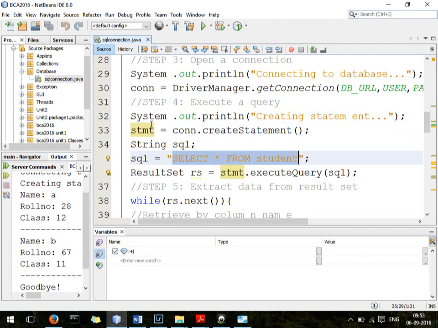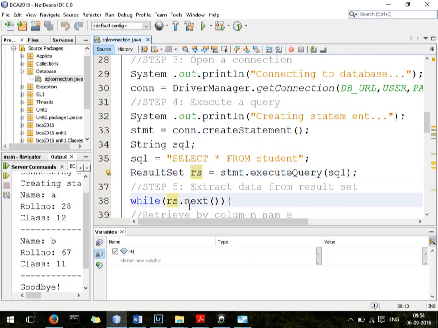Now how do you want to run it? Because this statement is already connected to my schema, I am saying statement.executeQuery, but which query? The SQL, that is select star from student. Fine. Now once you run a select query, it is going to return all the records that are there in the table. Now once you do that, it has to be stored into something called a ResultSet, which is going to store the entire record, like the name, the roll number and the class in this case. So everything is stored in this RS.